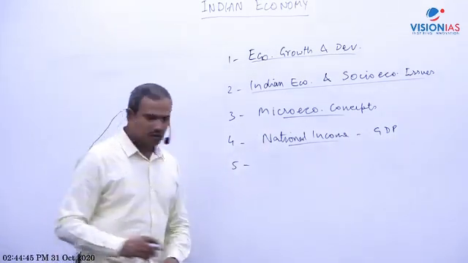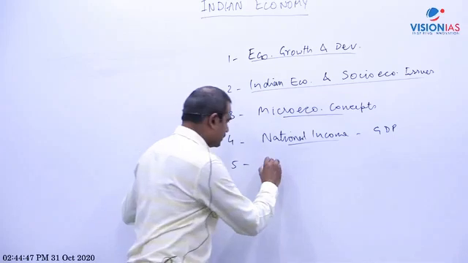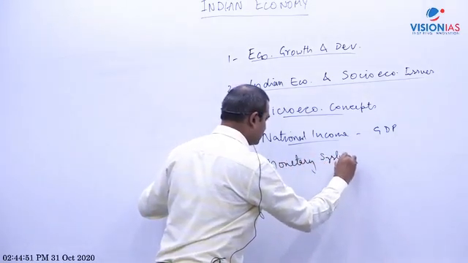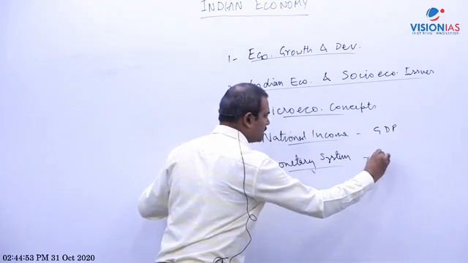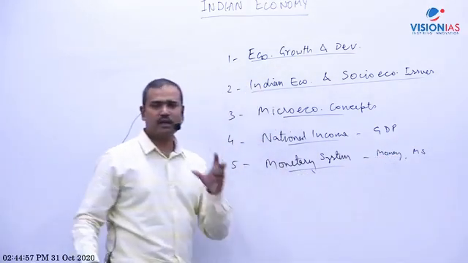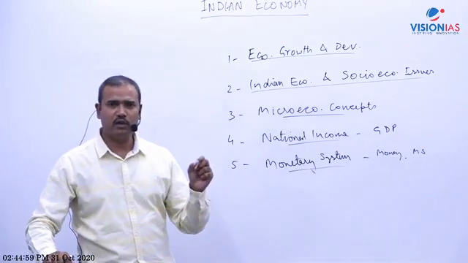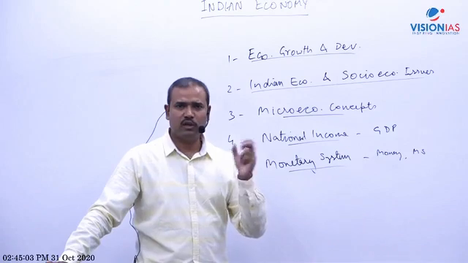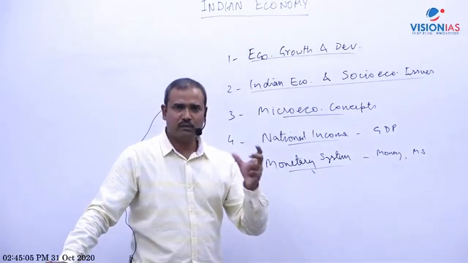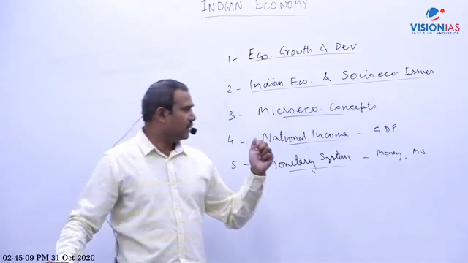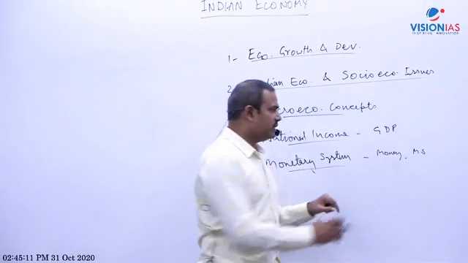Okay, other topic, then we will take up the monetary system. Here I will discuss what is money, and what is money supply. Money supply means M1, M2, M3, M4. And there is a concept of reserve money. Reserve money means M0. And the money multiplier. What is the money multiplier? What is the relation between money supply and the money multiplier? And then who regulates money supply?